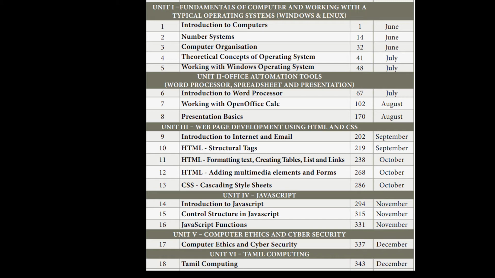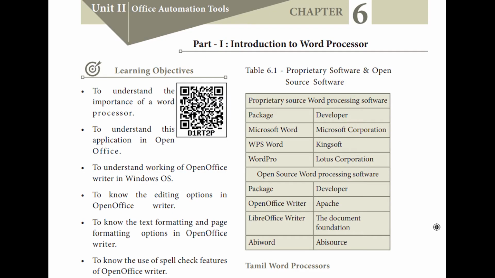So in each office automation tool, we'll have one word processor. A word processor is nothing but a document creator, or it is like a notebook. Here you can write, you can type, or you can create a table, or whatever you are writing in a note, you can do that in that document. Okay, so that is a word processor. First one is word processor, and the next one is spreadsheet.